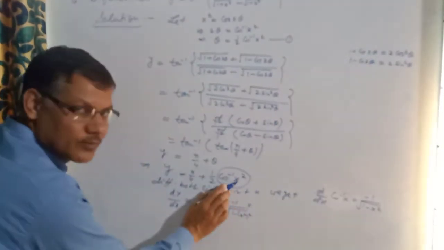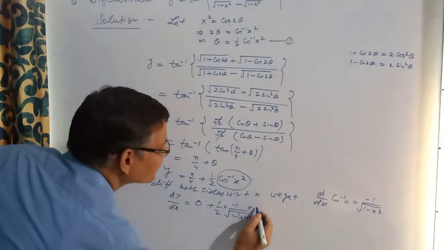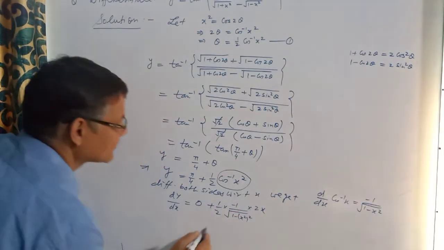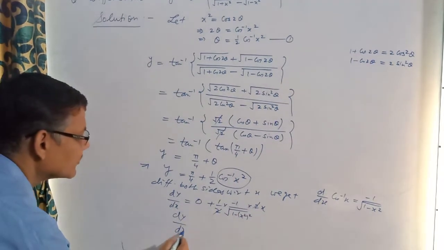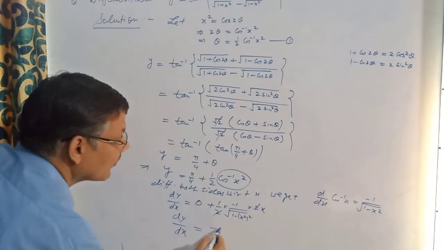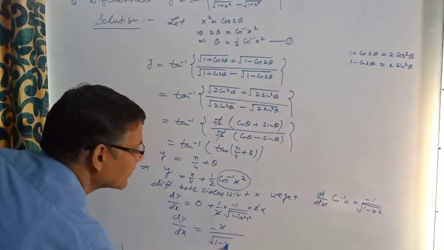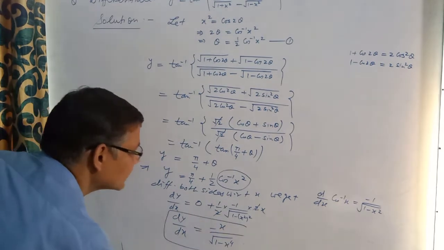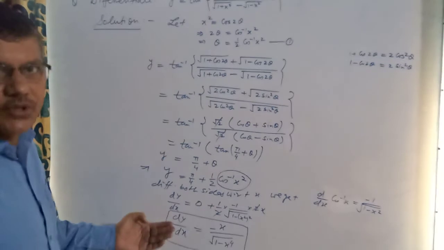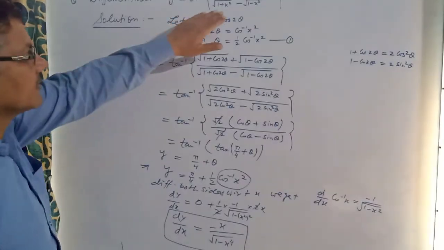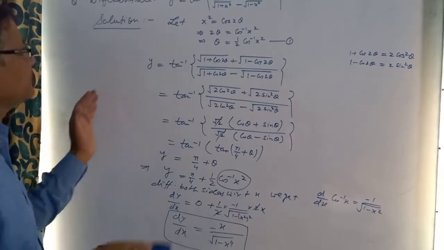Since it is x square, we are differentiating it in terms of x. So again we write the derivative of that: x square, that is 2x. Now 2 out, we get the derivative of the given function equal to minus x divided by root over 1 minus x power 4. If it is given y is equal to, then we start and we get this. If it is not given, we take the given function as y. This is about this function.